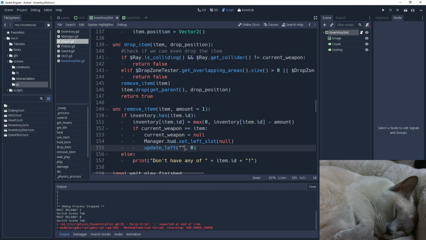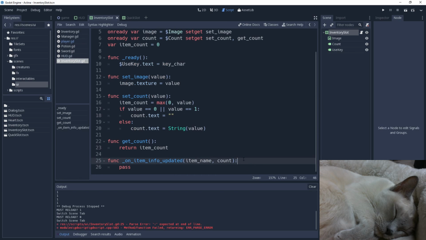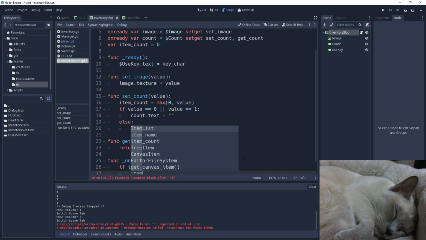So if it's an empty string, then we'll know that we should clear out the slot. So if item name is equal to, or who knows, maybe the item name is equal to null. I mean, we can check that too. Matter of fact, let's check that first, because, you know, null and everything. If it's null, let's say item